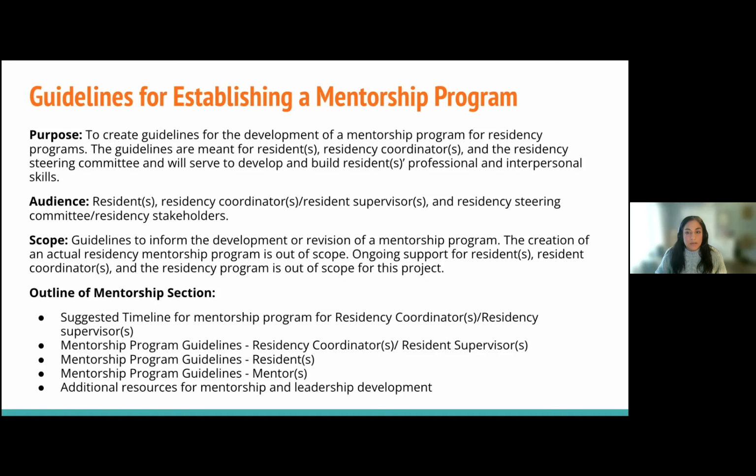The scope of the guideline is meant to inform the development or enhance your library's current mentorship program, but the actual creation of the mentorship program for the residency program was out of our scope and it's not included in this document. So again, this is just a guide. We know that each institution is different, and so, please take what works for you and continue to build success